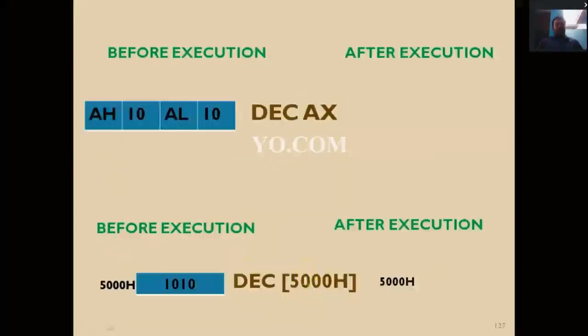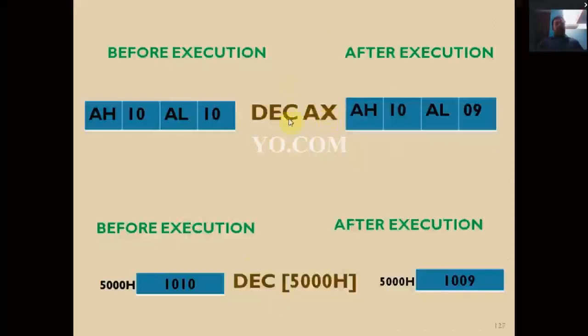This is an example of DEC AX and DEC [5000]. Initially before execution AX equal to 1010. After execution AX equal to 1009. Similarly, before execution 5000H has 1010. After execution it is 1009. So these are the increment and decrement operations.